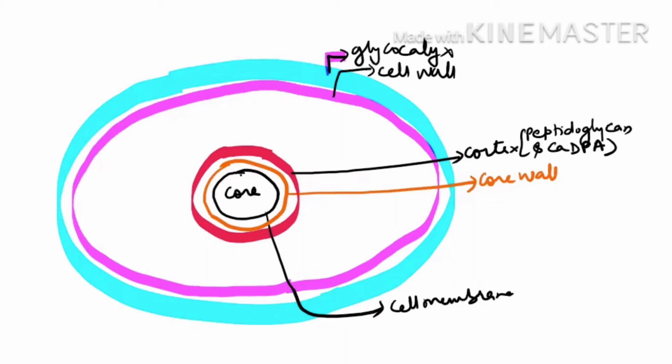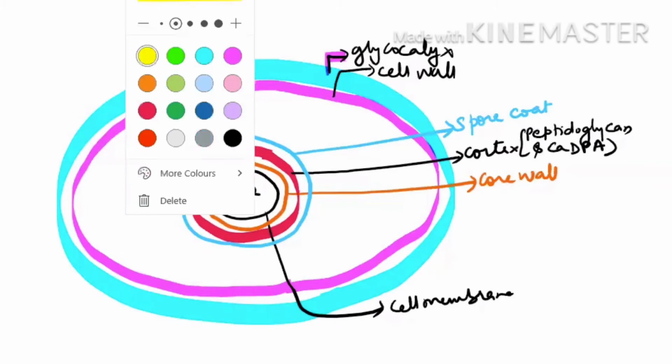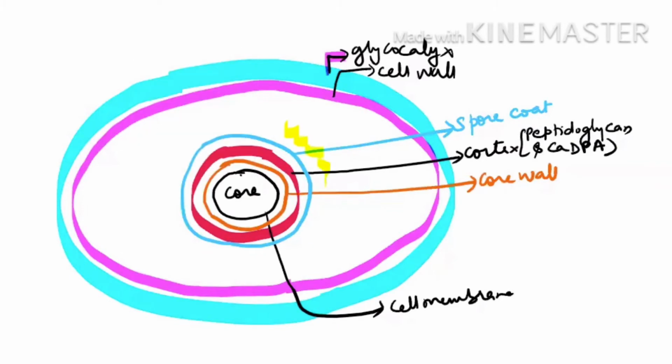So now you will find another layer that is known as the spore coat. This is the third wall laid down, which is known as the spore coat. As a result, this layer which is made gives the appearance of a spore. So around this, you are now finding this covering, which is known as the exosporium.